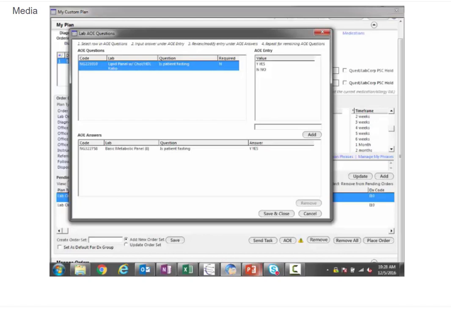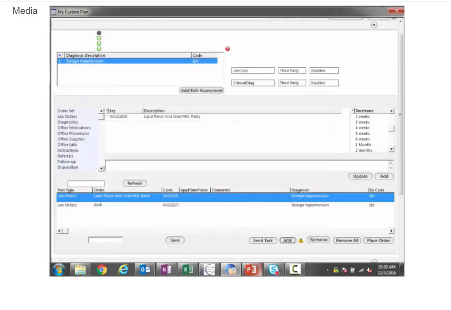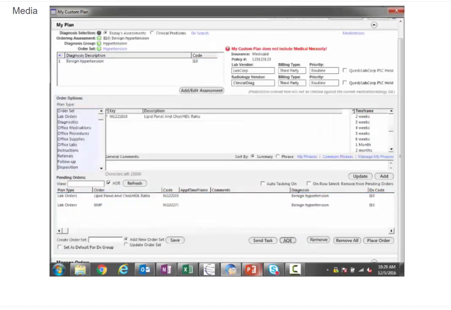Now, every individual question is going to be based on the file maintenance setup. So depending on whether you've chosen things like ask question once or answer is required or things like that, that's going to depend on what happens here. So in this case, I might have to answer both of them, but that is also something I can change through file maintenance. Once I've finished answering my questions, I can go ahead and save and close. And all of that AOE information will pass through to the orders module